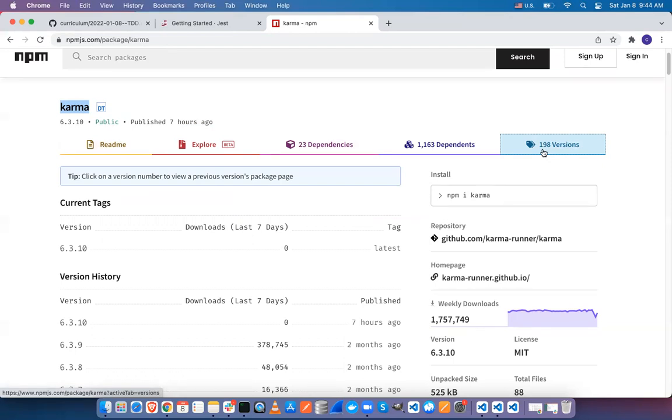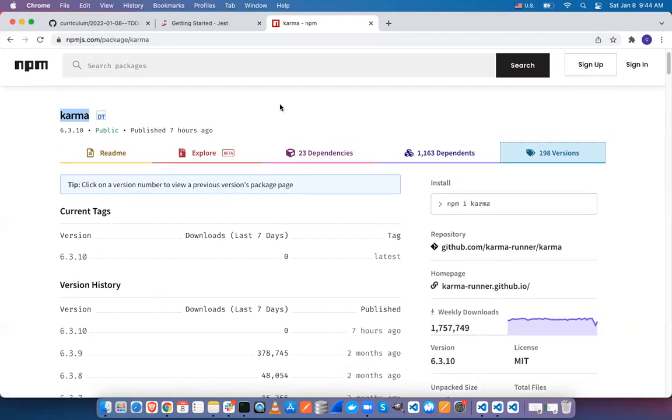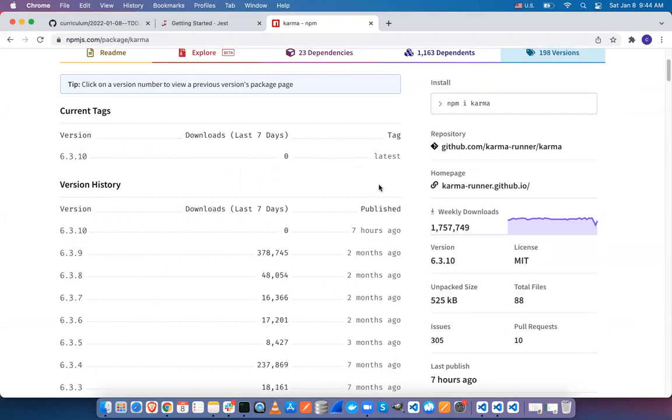They've updated their code a lot. Yeah, like well maintained. So if you are interested in using someone else's code in a project that's very important, maybe there's a lot at stake, that might be something you want to pay attention to. Is this code that someone just wrote and threw up there and then that's it? Or is this an actively maintained serious project? So 198 versions tells you that it's maintained, and you can look here at the version history and see,